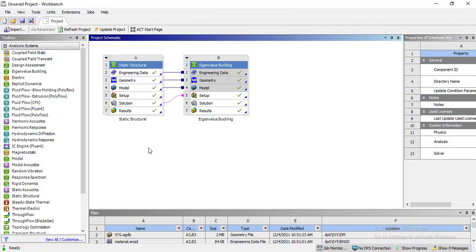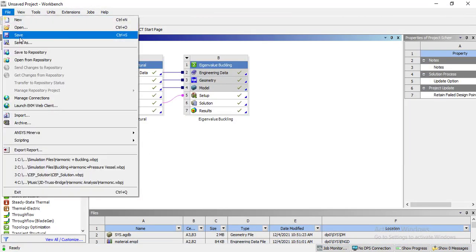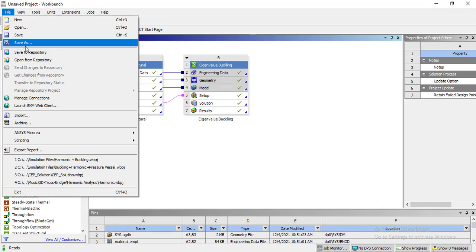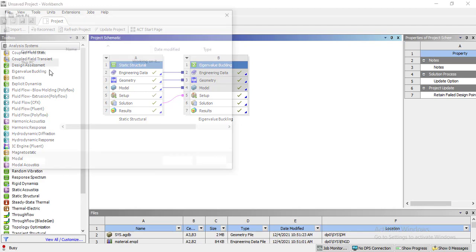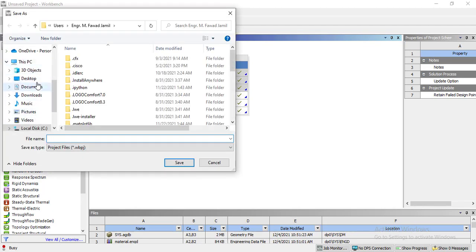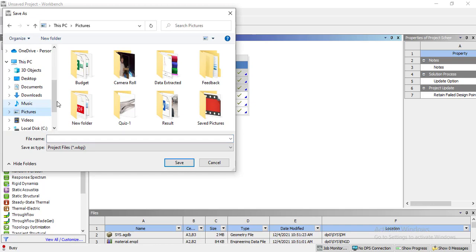We will perform the last step of saving this model. You can go into the main workbench window, Save As, and go into the directory where you want to save your model.